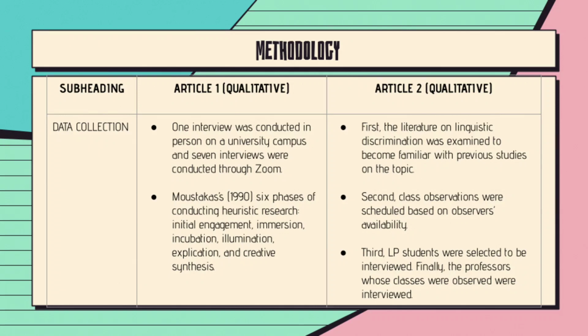In Article 1, only one interview was conducted in person on a university campus and 7 interviews were conducted through Zoom, and the researcher used Moustakas' 1996 phases when conducting heuristic research, which include initial engagement, immersion, incubation, illumination, explication, and creative synthesis. In Article 2, first, the literature on linguistic discrimination was examined to become familiar with previous studies